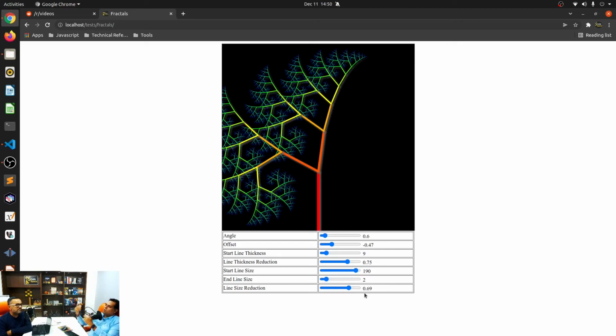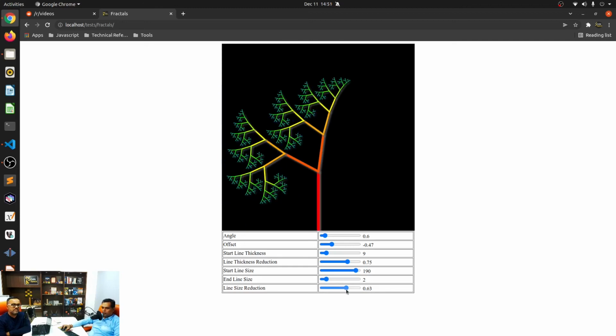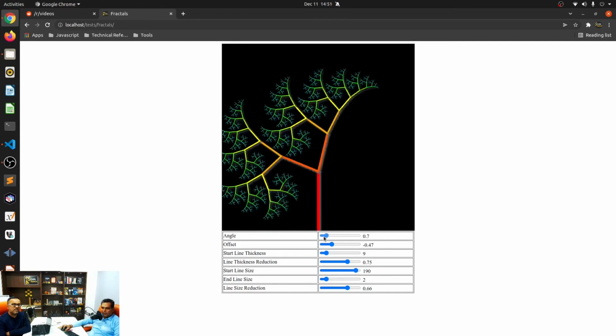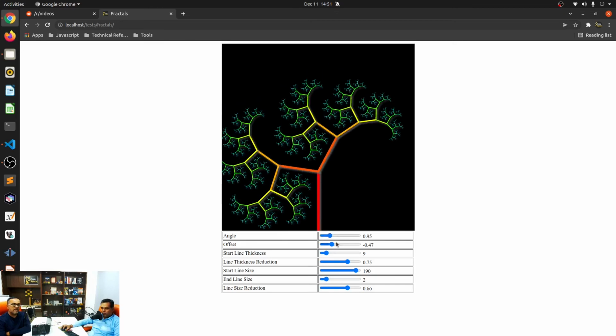But if you go above, let's say 0.8 and 0.9, each recursive function only reduces it by so much, and then you can count that the number of recursive calls would be large, and that has an effect on performance. Sure. So we'll just leave it like this, and then you can just play around and see how beautiful it looks.